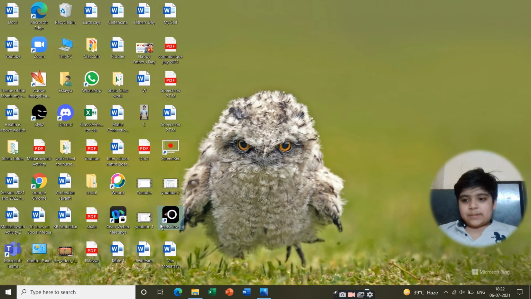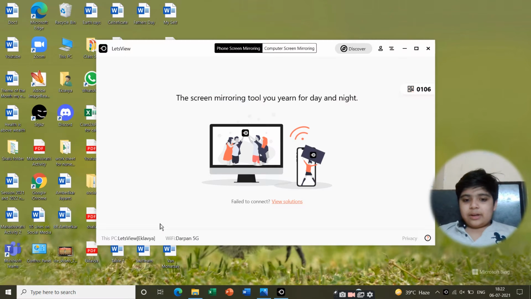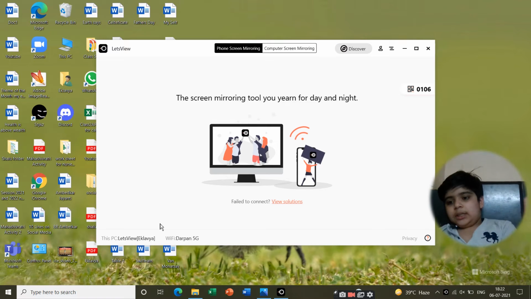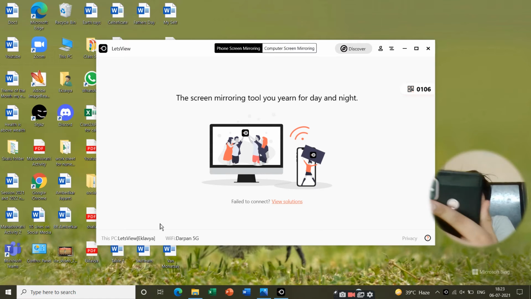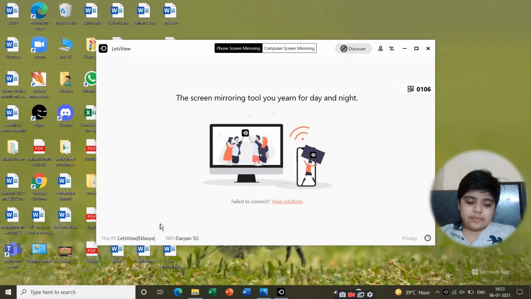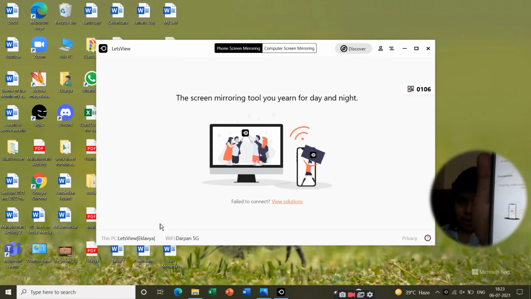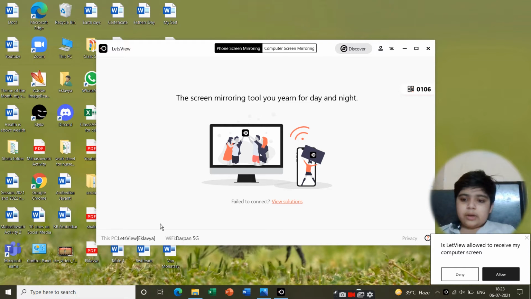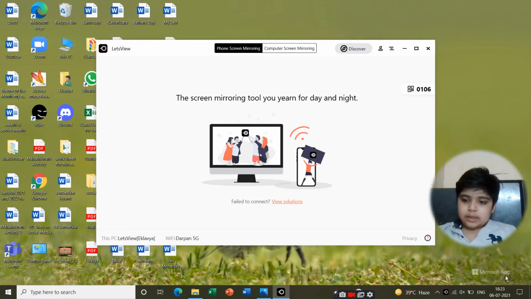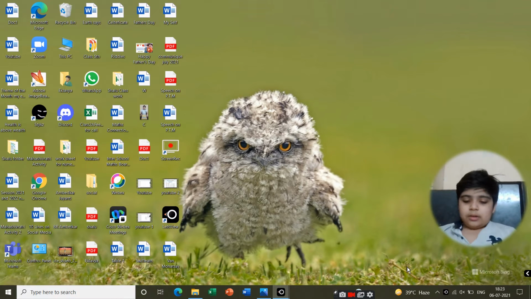Now we will do laptop screen mirroring. Whatever we see on the laptop, we will now see on my phone. So we will do the same thing. Guys, I will tell you. See, this would be the interface like this. When you open the app, redirect means we have to connect to the same Wi-Fi. Redirect means it will load again like this. Now I will click on the second option. This option will come. I have to allow it. Now see, I can do screen mirroring.